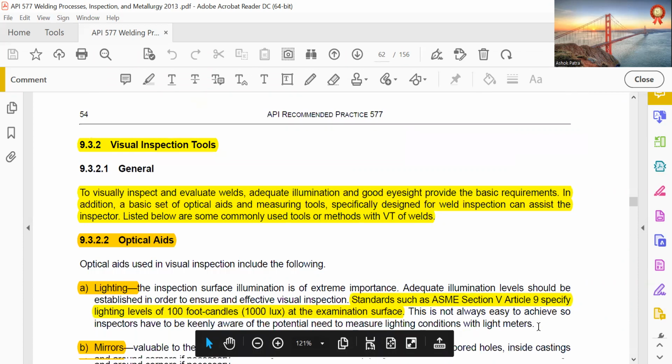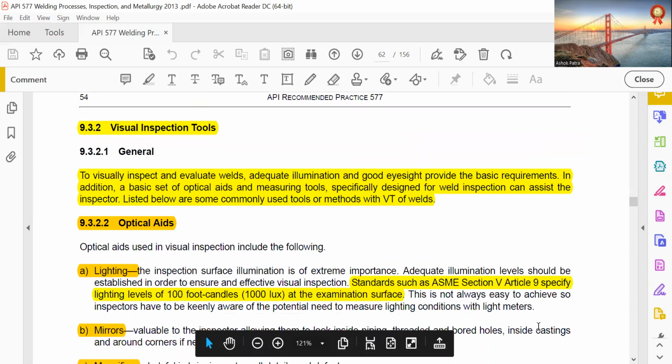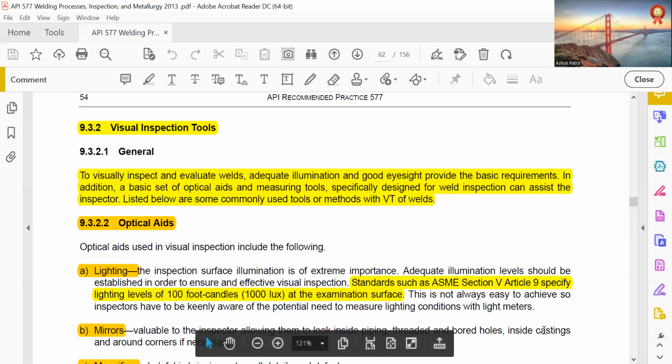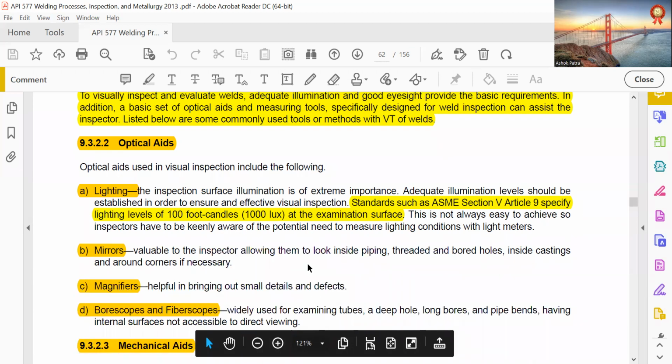Visual inspection tools. To visually inspect and evaluate welds, adequate illumination and good eyesight provide the basic requirement. A basic set of optical aids and measuring tools specially designed for weld inspection can assist the inspector. Listed below are some commonly used tools for VT of welds. Optical aids: lighting standards such as ASME Section V, Article 9 specify light levels of 100 foot-candles, 1000 lux. Now it is 1075 lux at the examination surface. Mirrors,